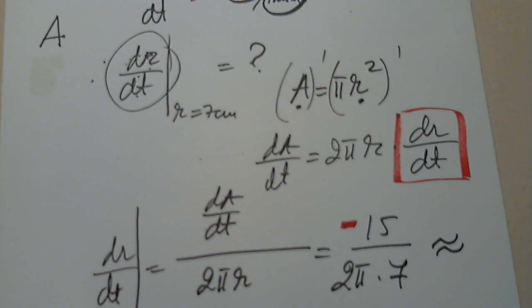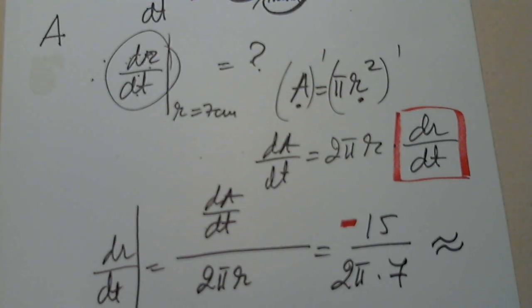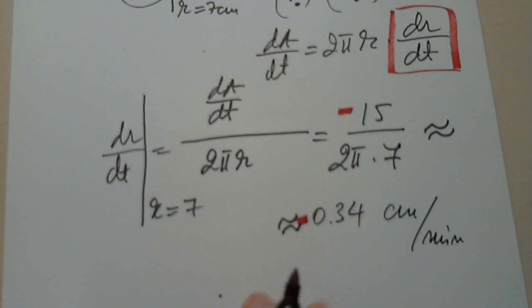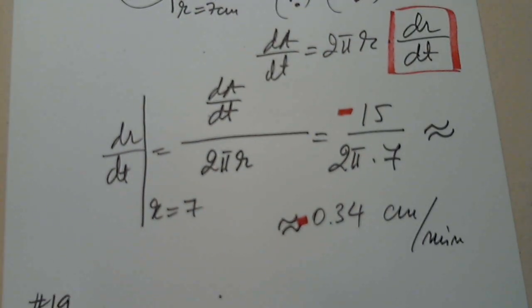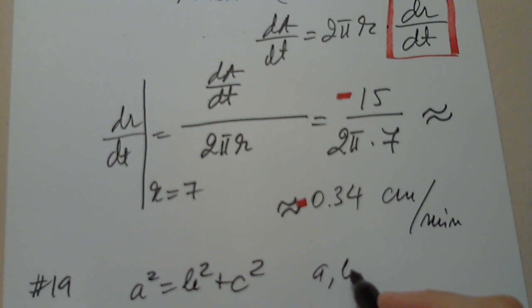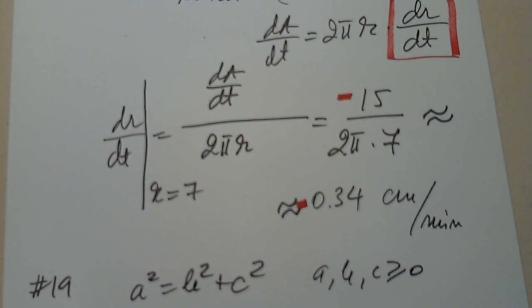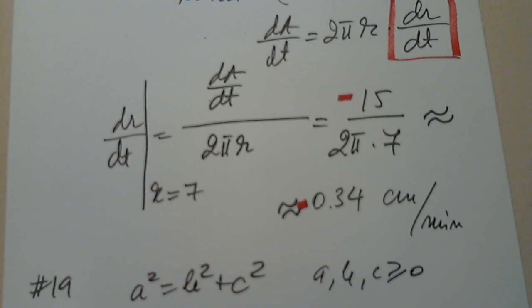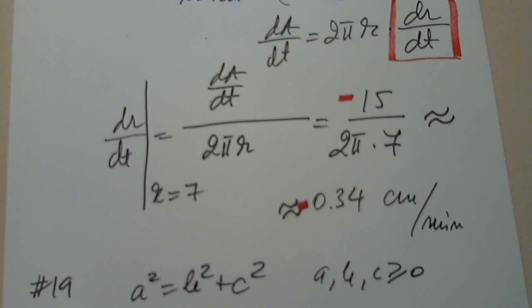Yes, 19 there. Yes, of course. Very good. Let's work on 19. We have a squared equals b squared plus c squared. They're all greater than or equal to 0. They're asking us to find dA over dt, and they're giving us the information. A at that moment is 13, B at that moment is 12, dB over dt is 3, and dA over